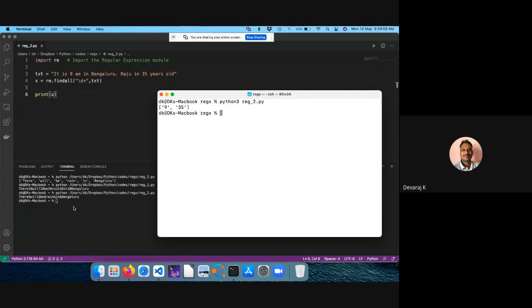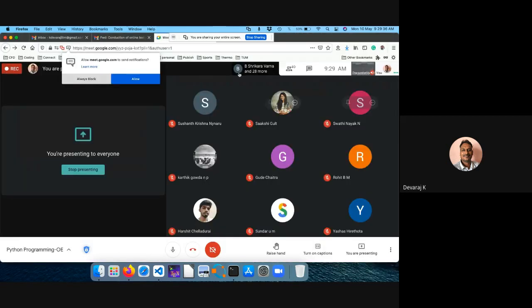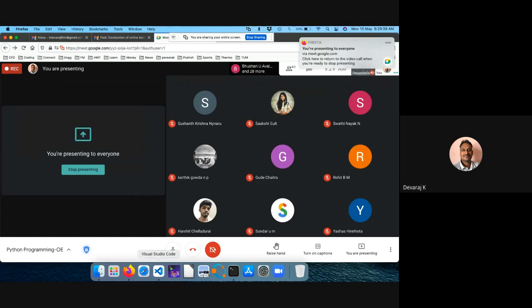The only thing is, with all these meta characters that we discussed, you have to be a bit careful about how many matches you're getting, either slash d or slash b, small b or capital B. Those things you have to be careful about in searching. So this is about regular expressions, those examples that we discussed.